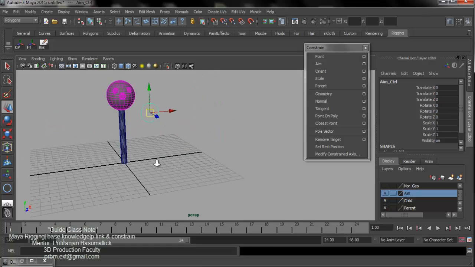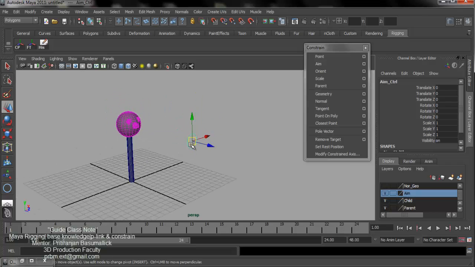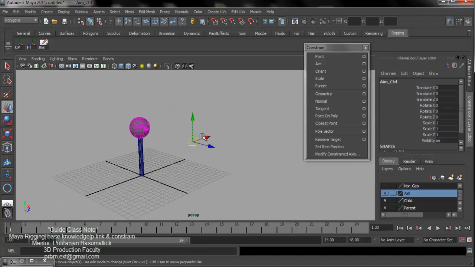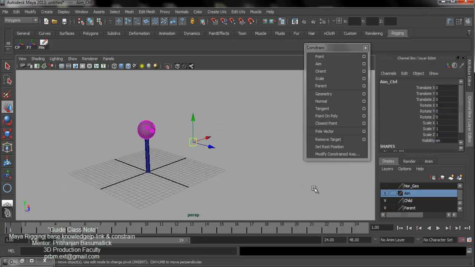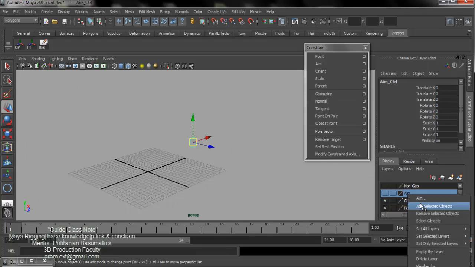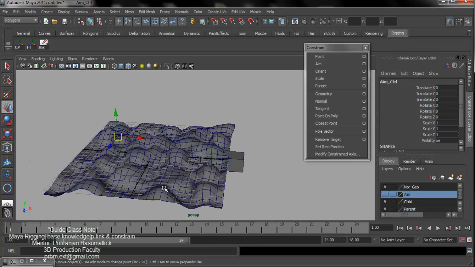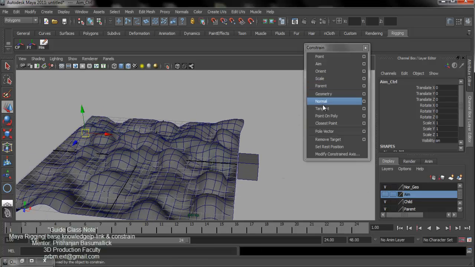That constraint is basically used in character human rigs, or for the eyes. Okay, so it's clear. That is my parent constraint. I gave a little bit of basic demonstration of the parent constraint. Then I just turn off all my parent constraint accessories and turn on the demonstration BG for the geometry and normal constraint of the grid.